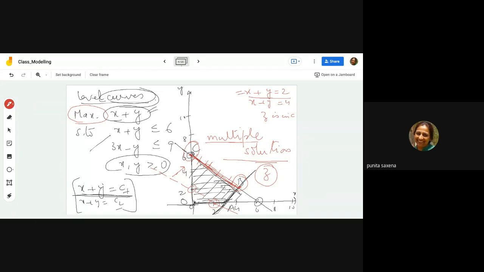Is this okay? Have you understood or not? बोलो जल्दी. यस मैम।